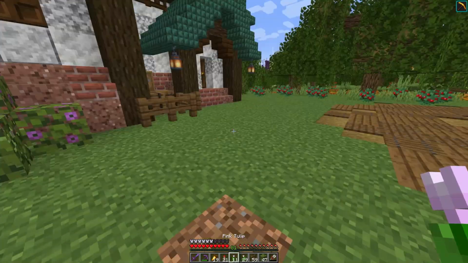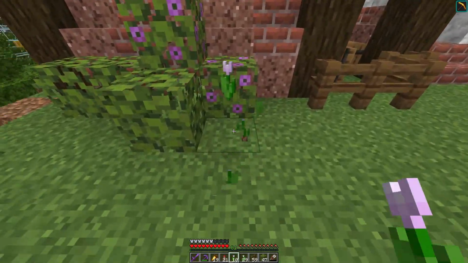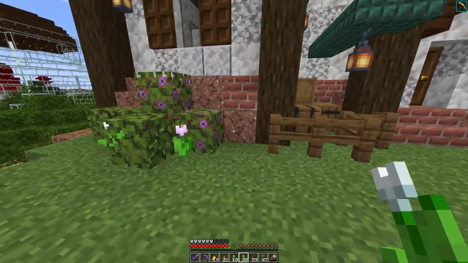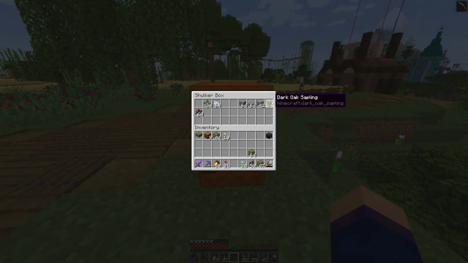They're my favorite flowers, the tulips. And I chose white and pink because they kind of match the build. We got like pinkish and white. So we're going to add a couple of those around the area. And then we also have...